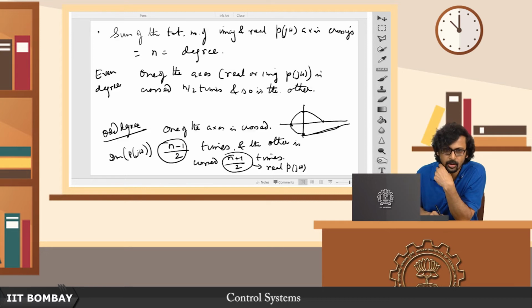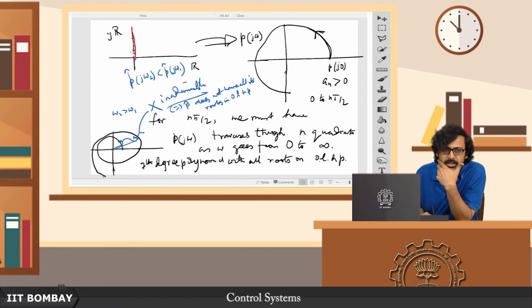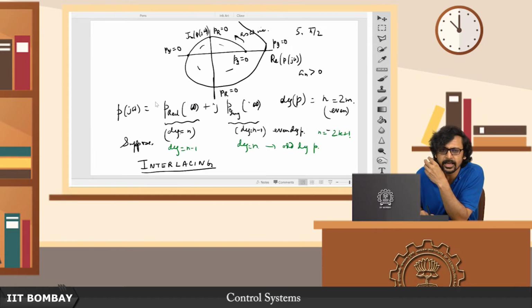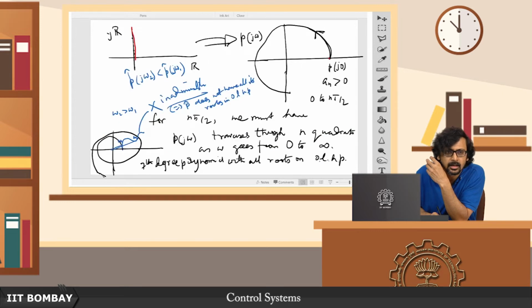So therefore, if I am focusing my attention only on the positive half of the imaginary axis, there is going to be half the number of zeros. The other half of the zeros are symmetric about this. Okay, I hope you get the point. So the point I am making is, if there is a root here of the real part, then there is also a root here of the real part, because these are all even degree polynomials